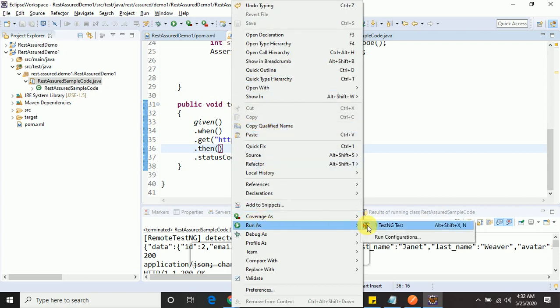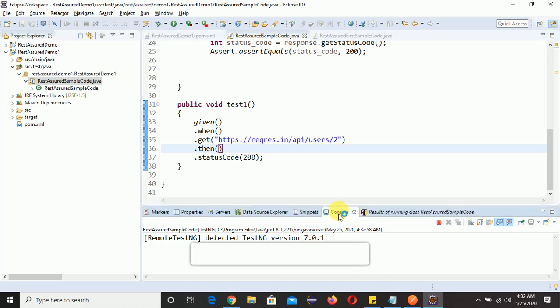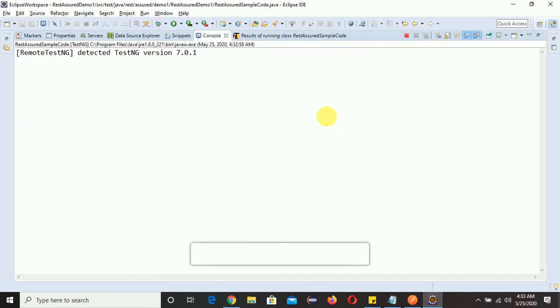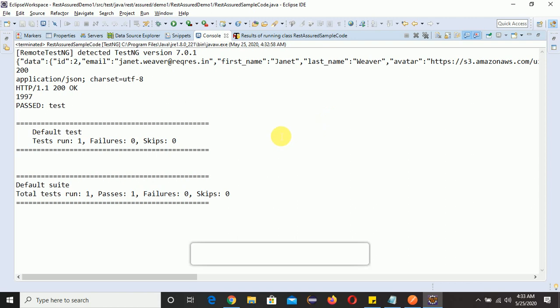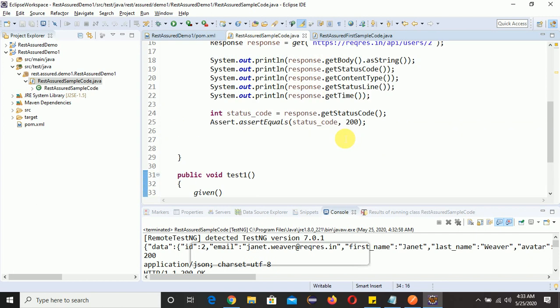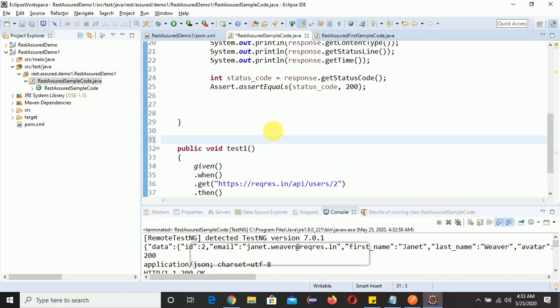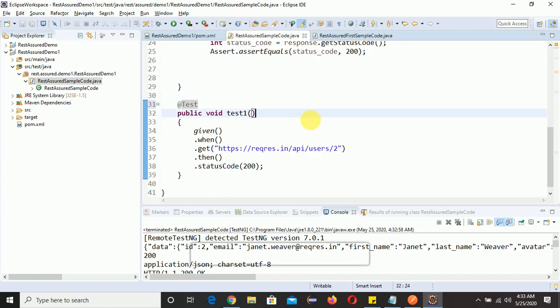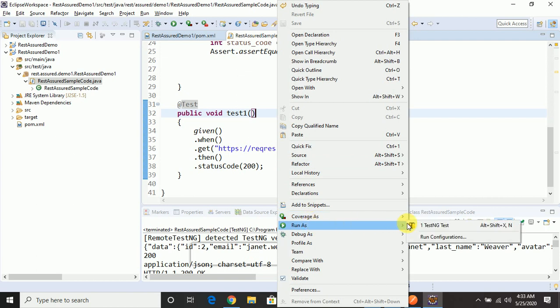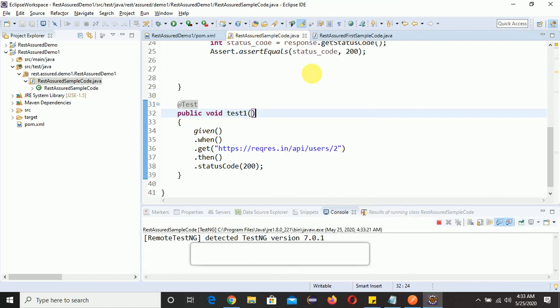Right click, then run as TestNG test. Now it is running once again. You can see here test only. Why is it there test? Okay, we have not written here, right? At the test we need to write, right?